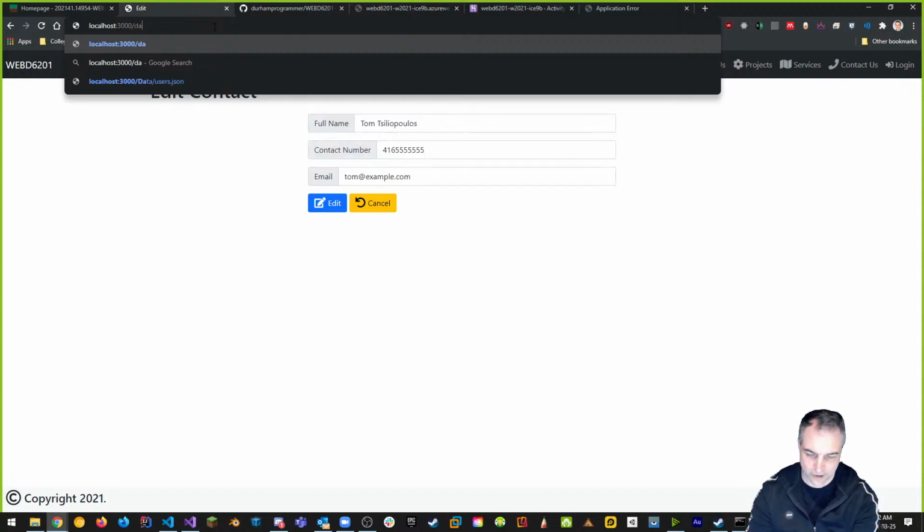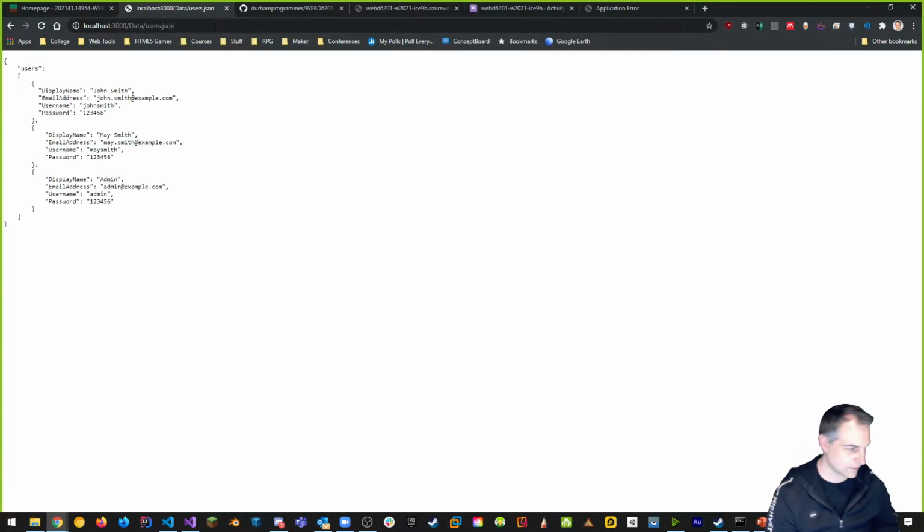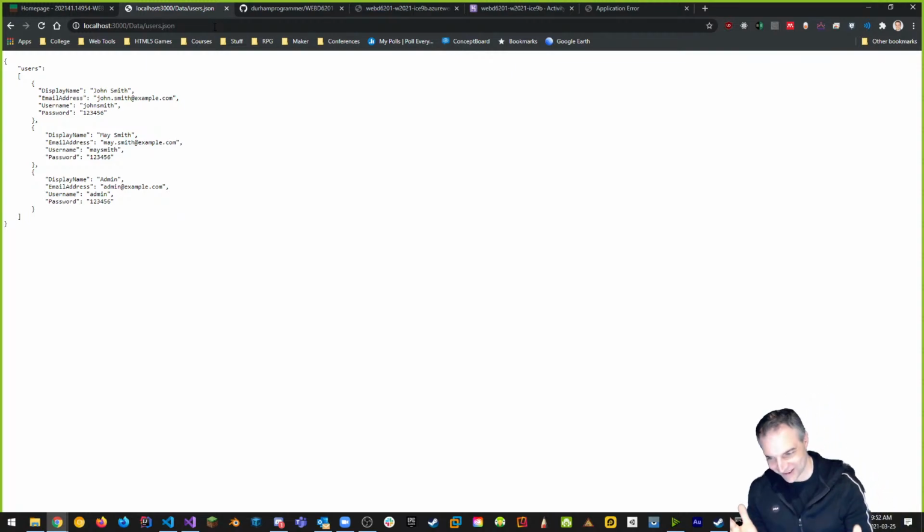If I know how to get to it, I'm just going to show you this. So if I go to data and I say users.json and I do that, I get this. I get this because there's no protection whatsoever. I haven't done any kind of thing. I'm not stopping you from looking at this, and because data is inside of my